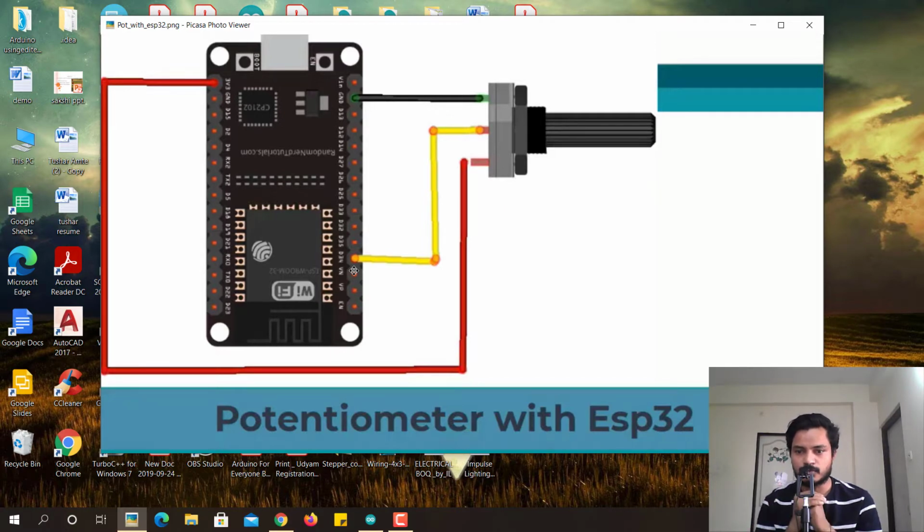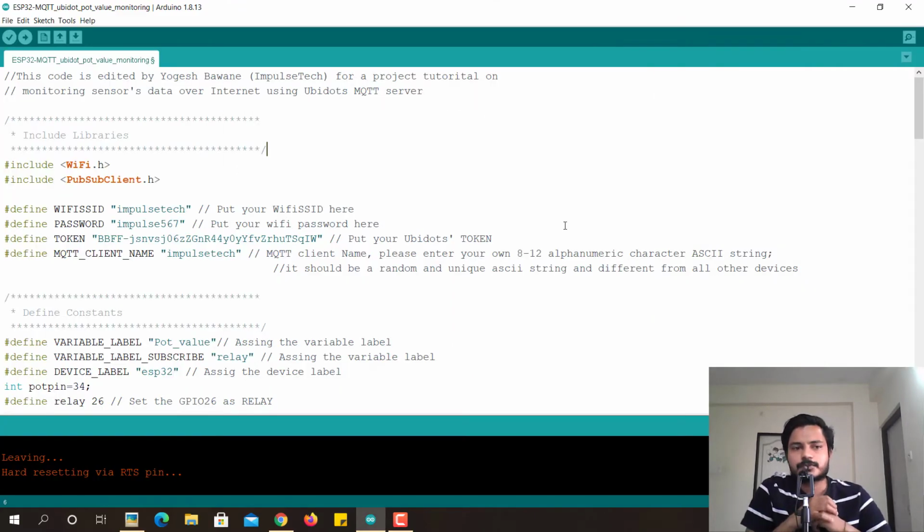That's very simple. Now we will move towards the code of this project and I will explain you what you need to change inside the code. So in this project actually we are using the MQTT protocol to send the data over the cloud, and here we are using the Ubidots cloud. Why we are using Ubidots IoT platform? Because Ubidots IoT platform is very easy to use and very easy to manage. Right now you don't even need to create a device. The device will automatically get created. I will just demonstrate you how this will happen. It's very user friendly platform to start with. You can start your IoT projects with the Ubidots cloud.